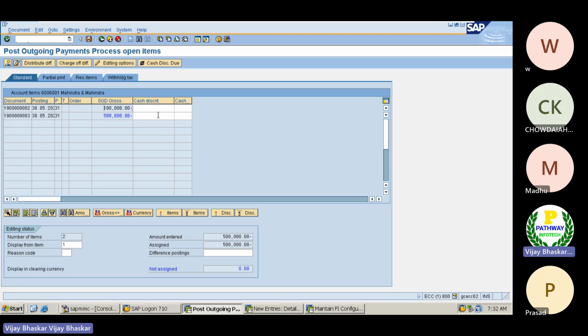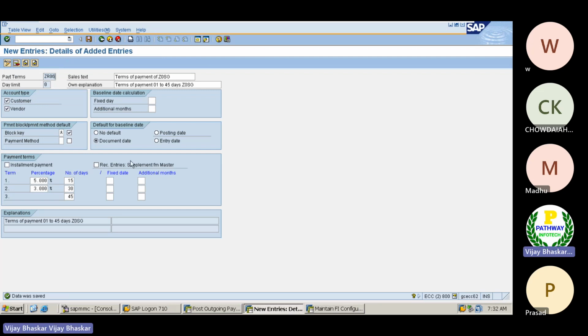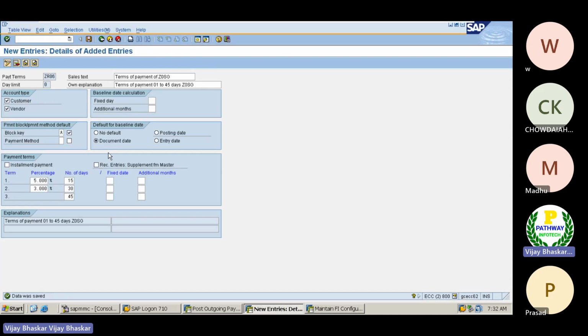System should calculate automatically. Okay, then the amount, let me enter the amount here. Because what I am eligible for, let me go here. Now why is the system not calculating any discount here?